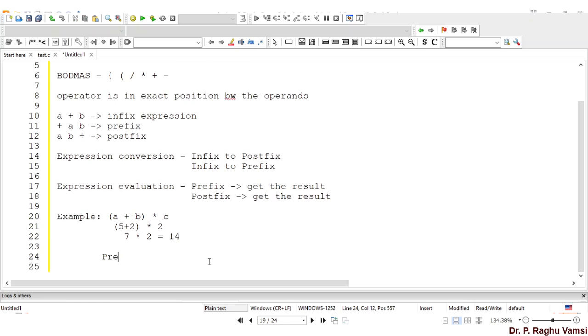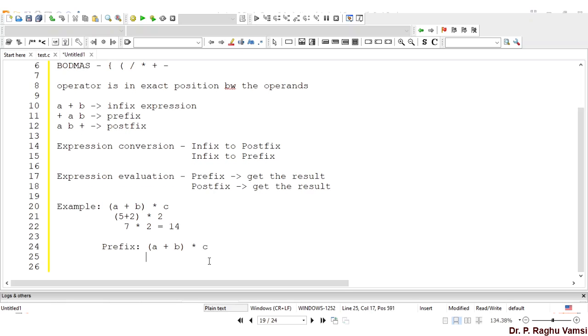the prefix expression is also done in the same way. First you have to convert the expression that is present in the brackets into prefix form, then the rest of the operands and operators must be converted into the prefix form. Now since a plus b is available within the brackets, so plus a b, this is the general way of conversion. Once the conversion is over, you keep on writing the remaining operands and operators.